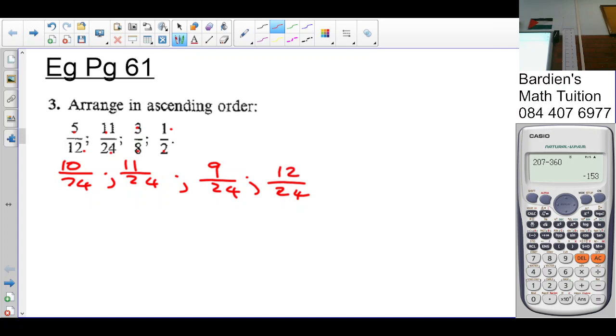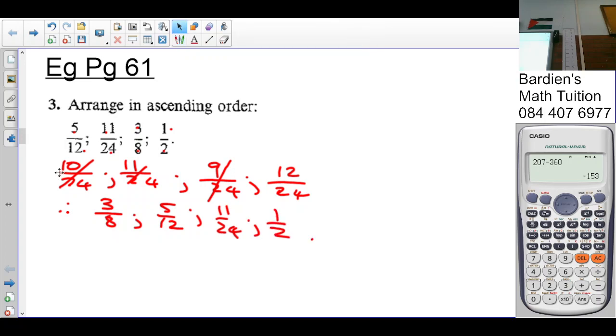So again, ascending is from smallest to biggest. Since all the denominators are the same, I look for the smaller numerator. That is your smallest numerator, which makes 3 over 8 the smallest fraction. So we don't write 9 over 24 here. We write it in the format that is given. You guys understand? Then 10 over 24, which is 5 over 12. And then 11 over 24, which is 11 over 24. The last one is,